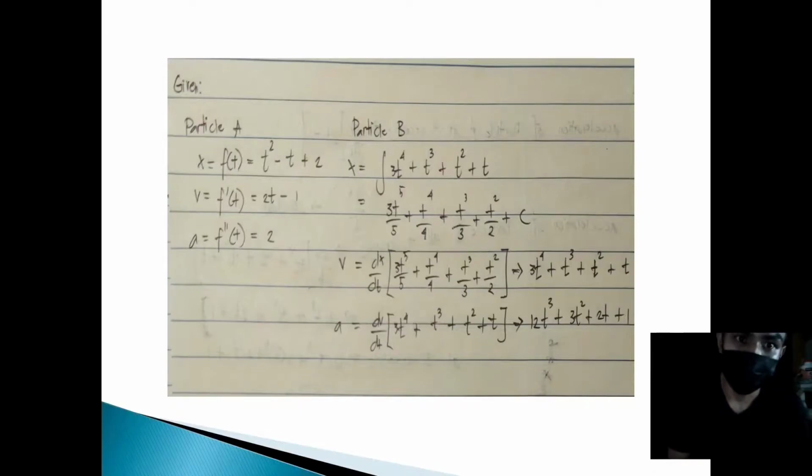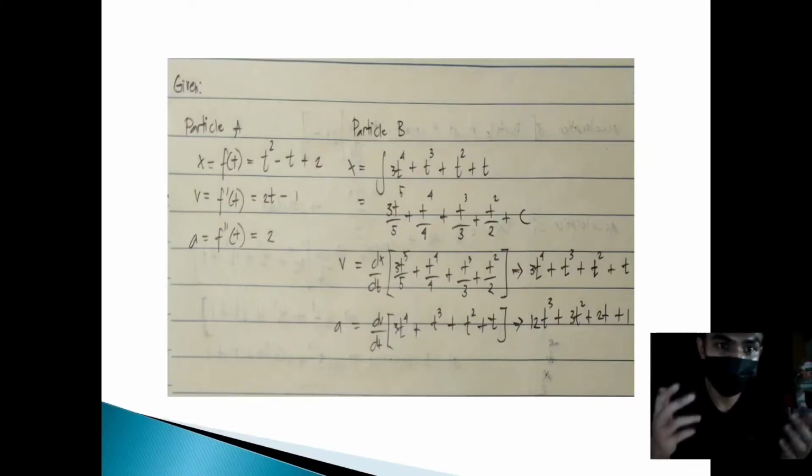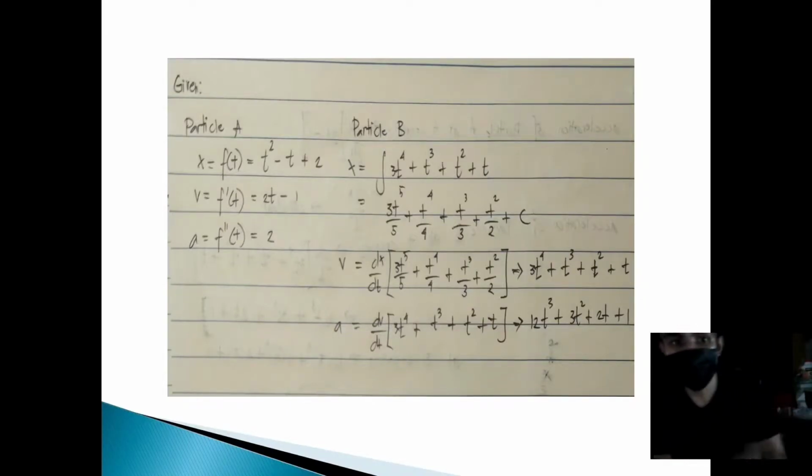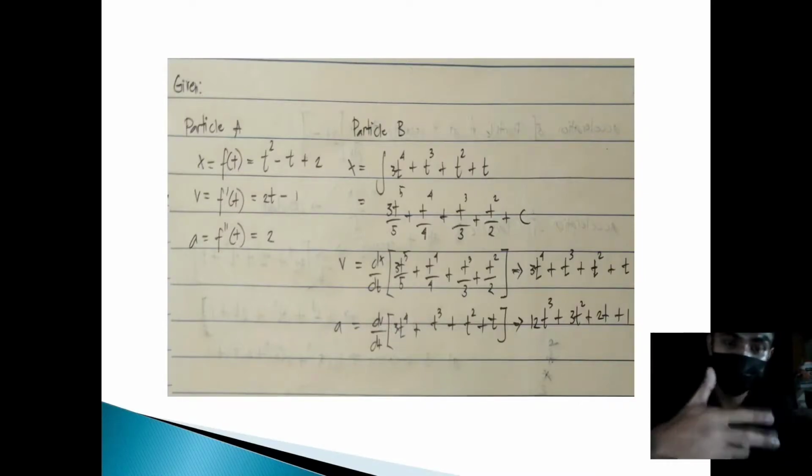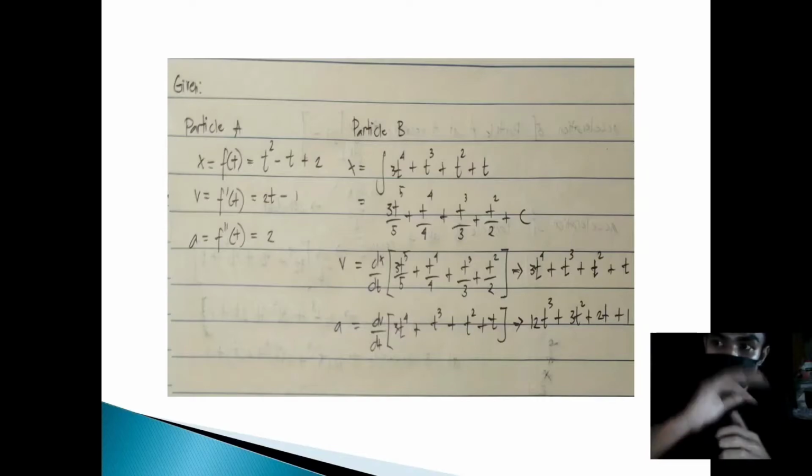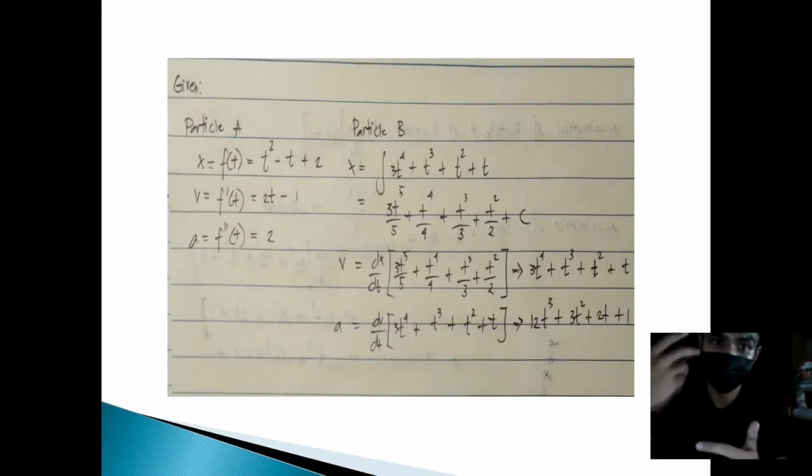As we all know, f of t is equal to t squared minus t plus 2, and we're going to find the first derivative of that to find the equation for velocity. So f prime of t is equal to 2t minus 1, and then we're going to find another derivative. That's the second derivative now. So f double prime of t is equal to t. So that's it. That's the three formulas in order to find the displacement, the velocity, and the acceleration of